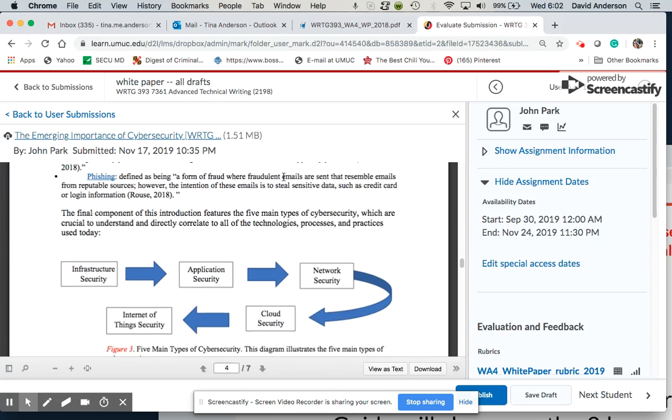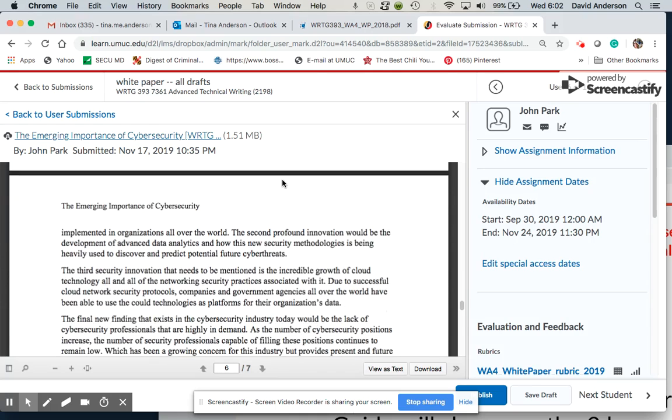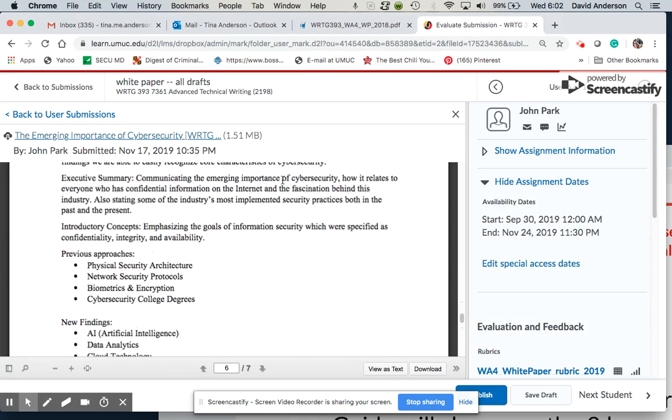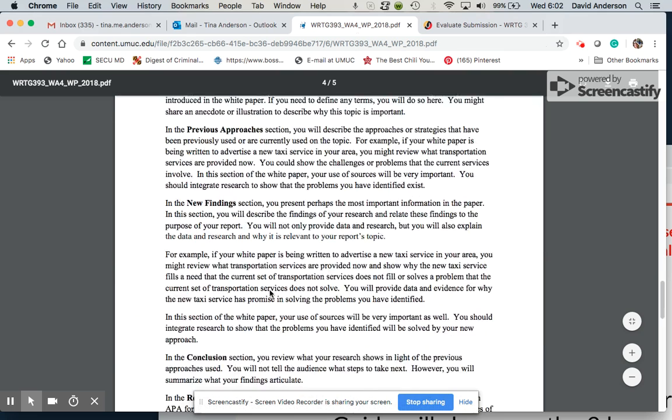Okay, I want to go down here. It was the new findings. There's a couple of things I want to show you. Here we go. Conclusion. What you're doing in this conclusion is just giving me a recap of each of them. Instead, a conclusion needs to be a single paragraph. And don't give me a quick brief of each of those. And I know that that's what it says here. That's why I pulled this up for you.